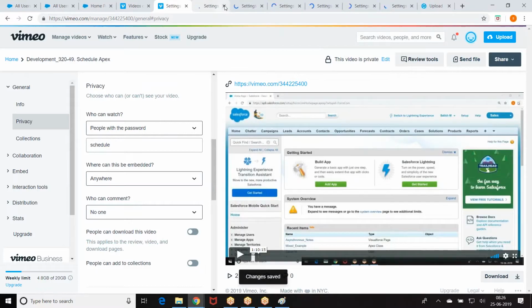It's only a DML operation. Straight away DML operation.